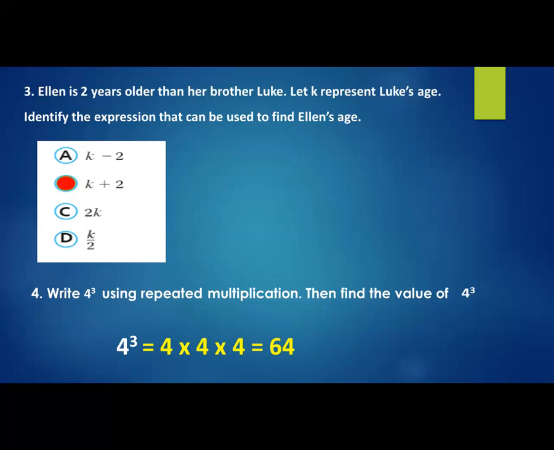In the mid-chapter test, most of you did this question wrong. You have multiplied 4 to the power of 3 as 4 times 3, 12. It's wrong. Same way, 5 to the power of 4, you have written it as 20. It's wrong. It is 4 times 4, 16, and that answer again multiply with 4, it will be 64. So 4 to the power of 3 will be 64.